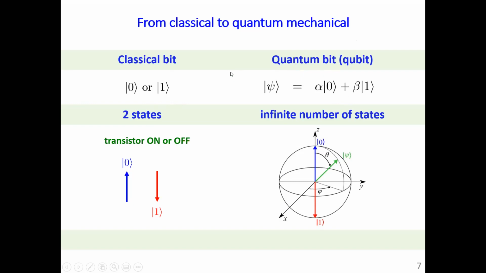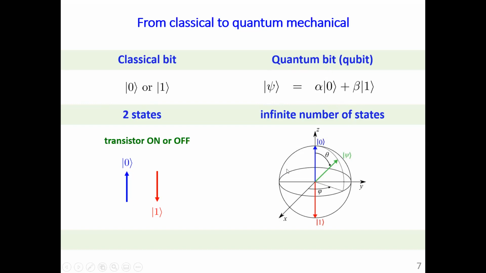However, to do for a quantum computer, the elementary unit for a quantum computer is a quantum bit, so-called qubit. The information carried by a qubit is a wave function or state vector of the qubit. It is given by the superposition of the 0 and 1 states. Note that alpha and beta stand for complex numbers, and the state vector carried by the quantum